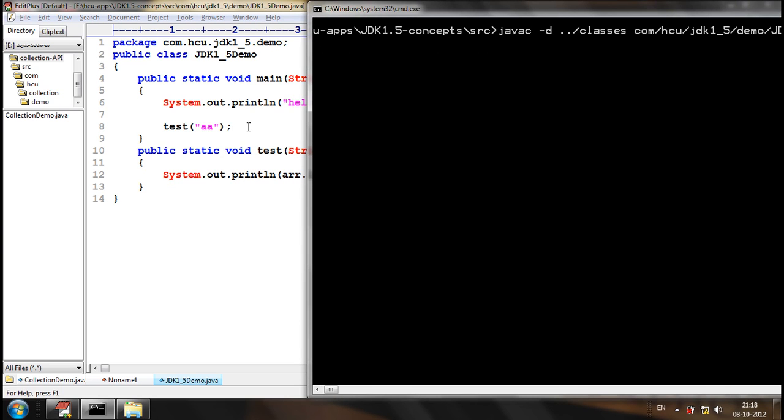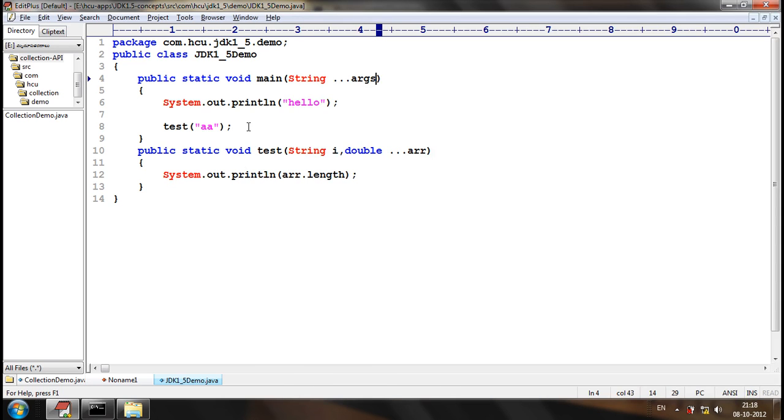So we can have varargs even for a main method, just because the main method can take 0 to n number of string arguments. Okay, this will complete the varargs.